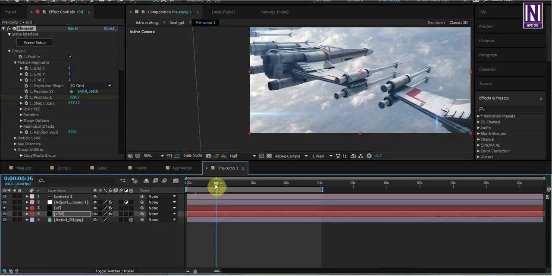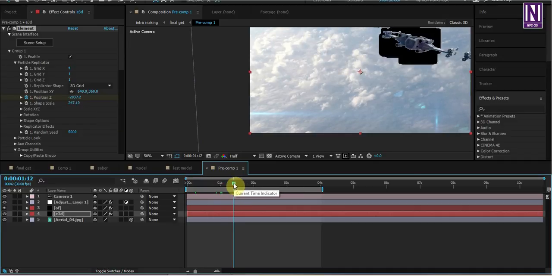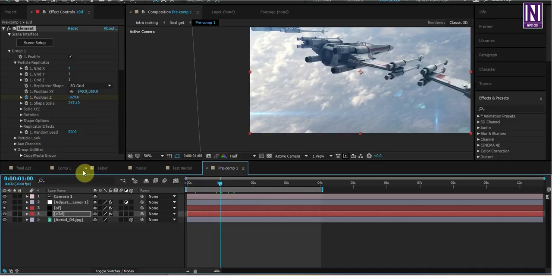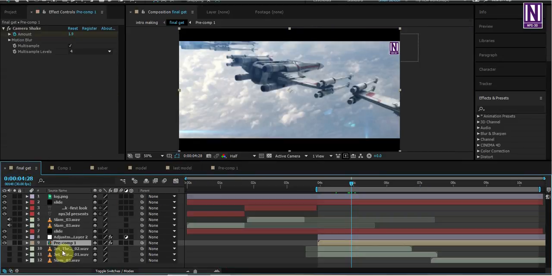You can see the position, and add some sounds from the Element 3D Jet Strike Pack. Use some camera movement, a little bit of camera shake.